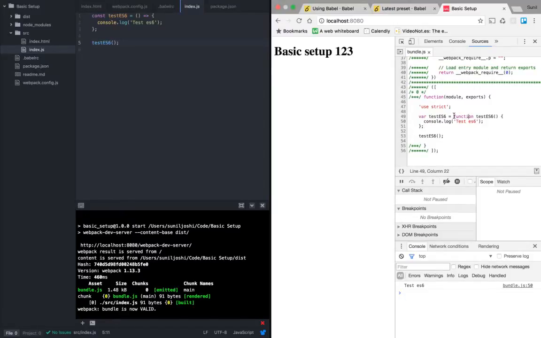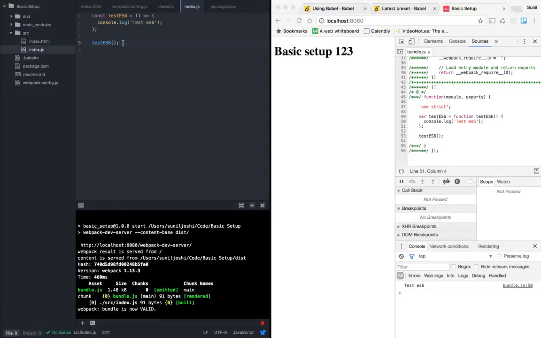So this syntax can be understood by IE6 as well. That is the reason we can take advantage of the latest technology and still have the peace of mind that it is going to run on all the browsers. That is why I love Babel a lot.